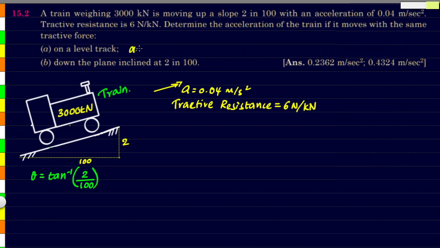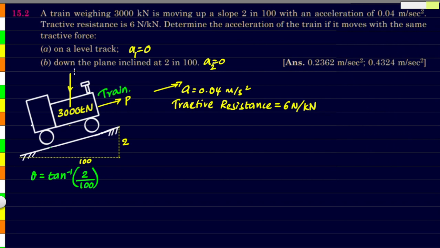And we have been told to find the accelerations when the train is moving on a horizontal track and when the train is moving downwards on the same slope. Let's call these A1 and A2. In order to find these, first we will have to find the force with which the train is pulling itself. And to do that, we'll have to take the free body diagram of the train and apply all the forces